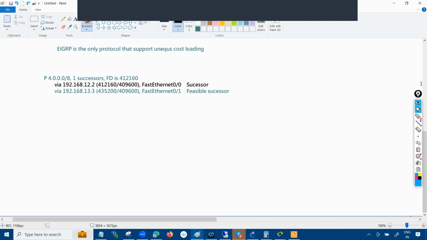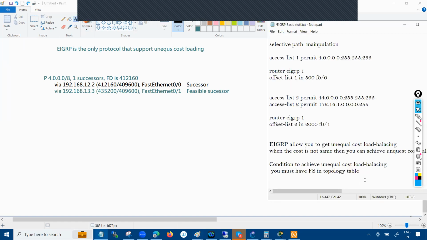Now, how can I achieve the load balancing? You have to bring this guy into the routing table. So I cannot lower this value. Simple logic: I cannot lower this guy, but I can make this guy higher. How? Let me write on this. I'll make this guy star. You have to make successor FD